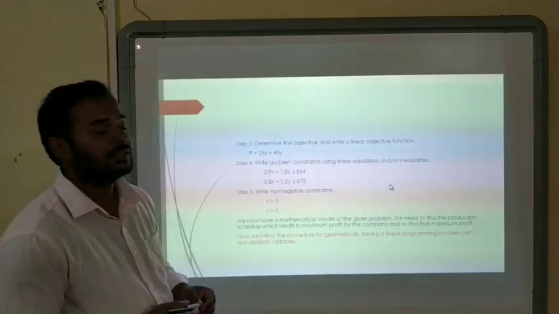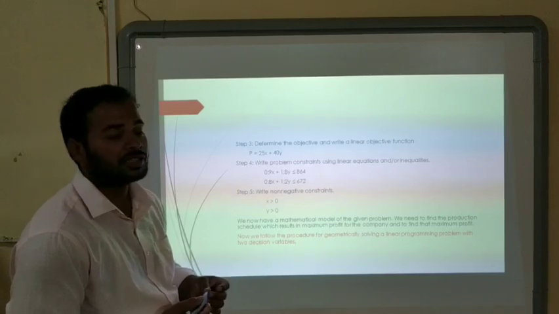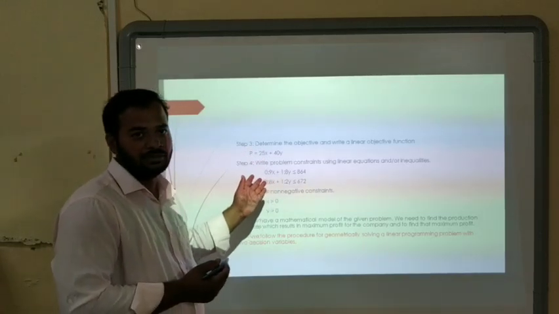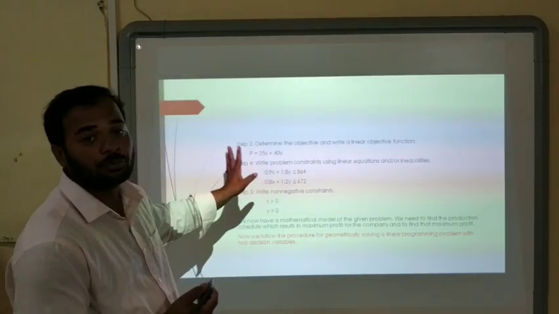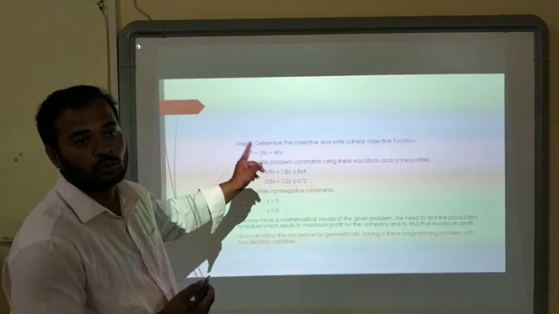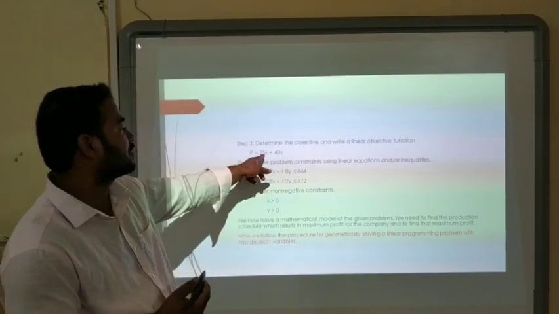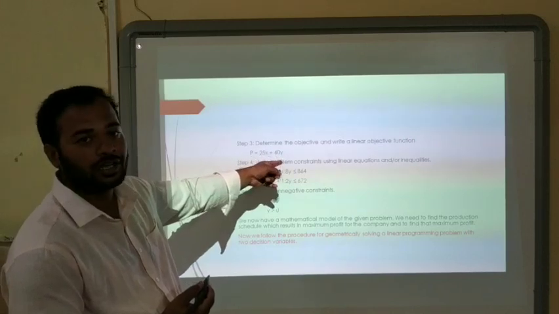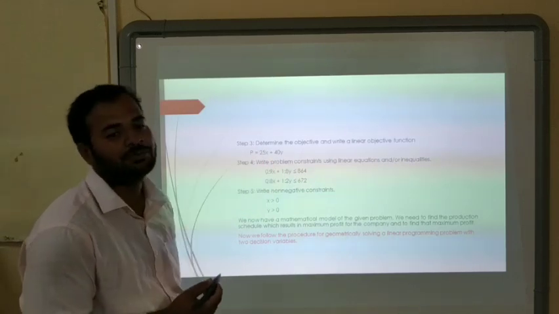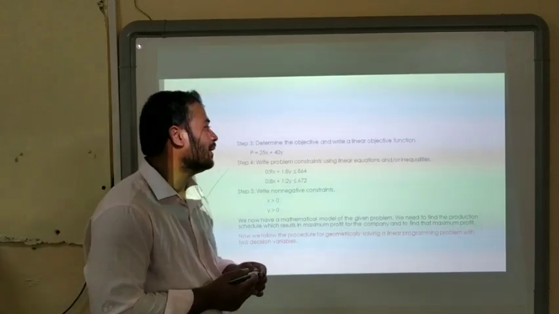In step 3, we are determining the linear objective function. Here we consider P, which you can sometimes take as Z; here I am considering P. P means the profit. Here x is the number of 2-person boards and y is the number of 4-person boards. The profit for a 2-person board is 25 and for a 4-person board is 40. So when we construct the mathematical formula, it looks like P is equal to 25x plus 40y.